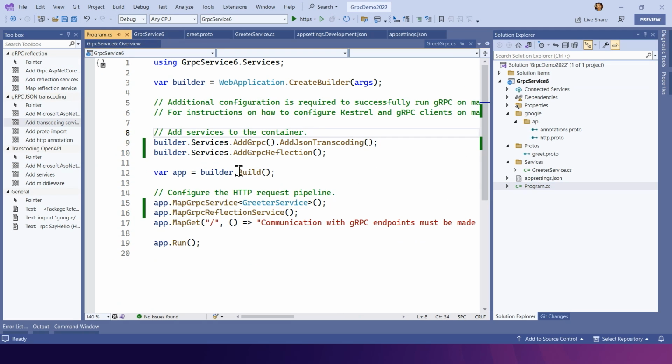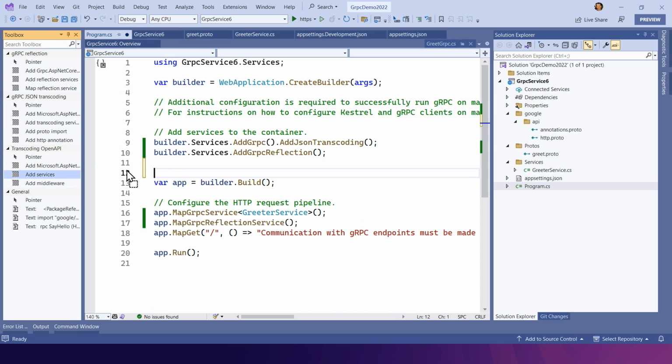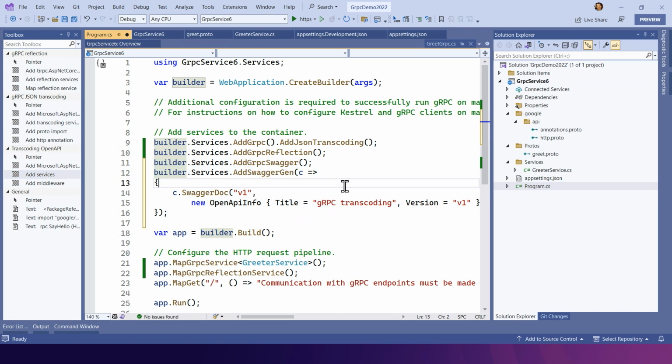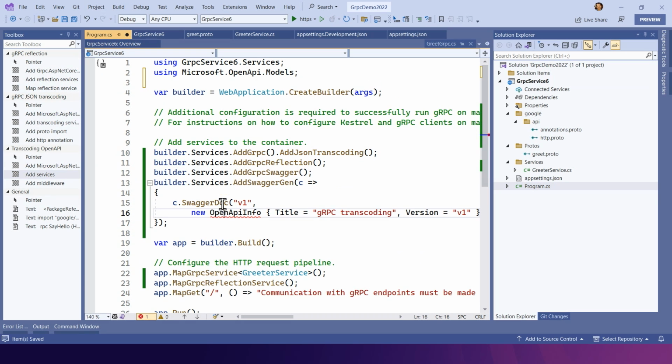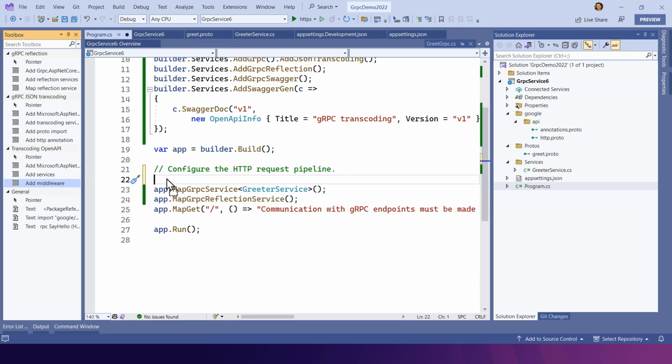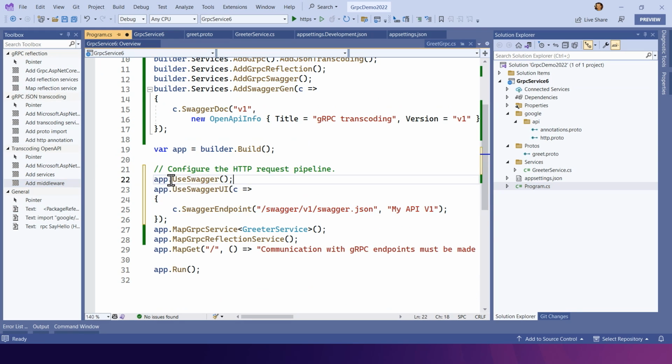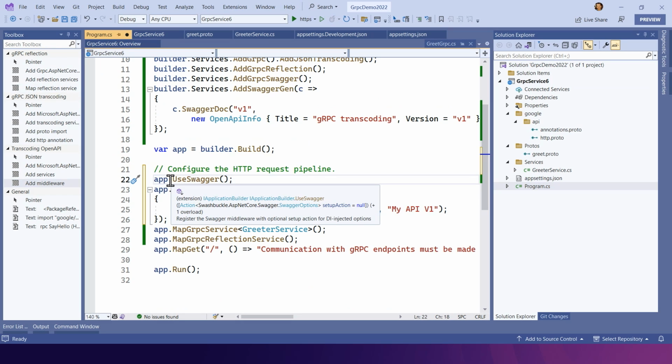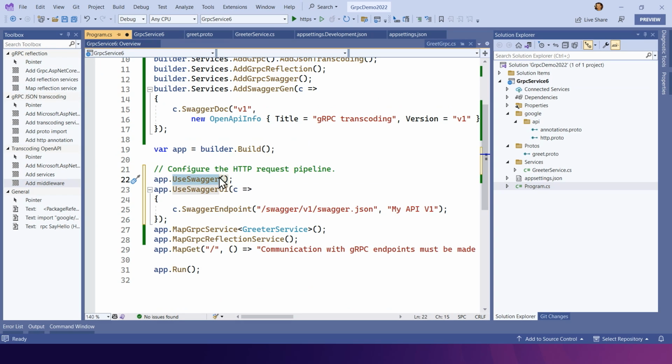We'll add some new services to our startup file, program CS file. And we'll add some Swagger middleware, some Swashbuckle middleware. So this middleware will be familiar to anyone using Swashbuckle. We're going to register use Swagger and then use Swagger UI.